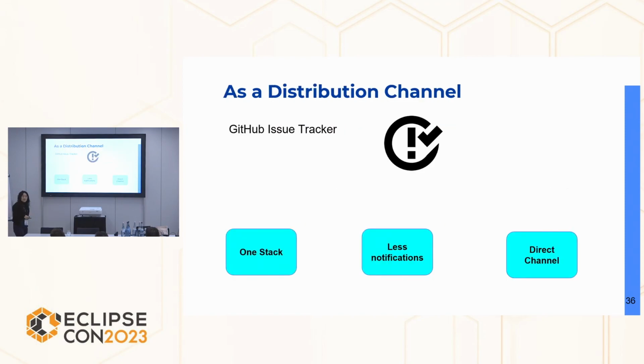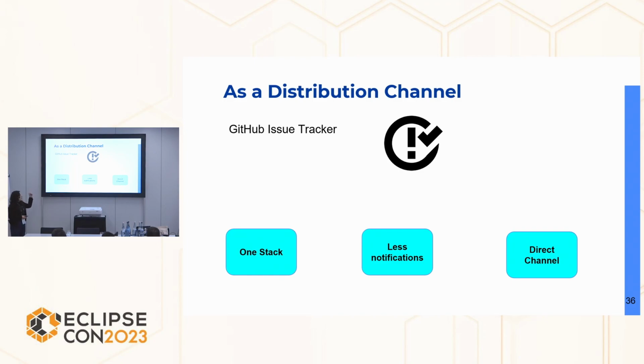And as a distribution channel, which means how we actually connect with the students and how we send the feedback, we chose the GitHub issue tracker. And why did we decide this? First, because the students already work on GitHub. They already get their grade on GitHub. So we said we don't want them to go to their email. We don't want them to go to a web page. We just want them to get the information right there to lower the effort barrier.